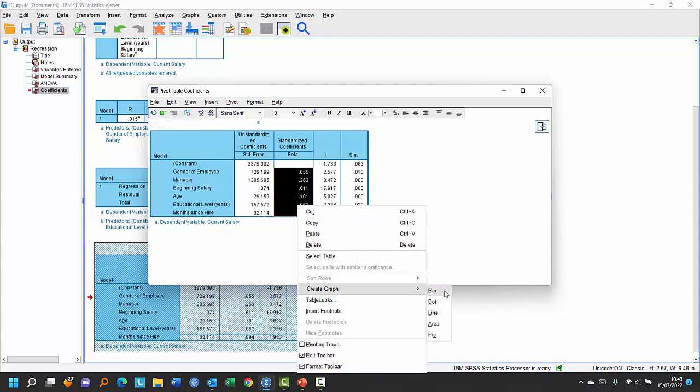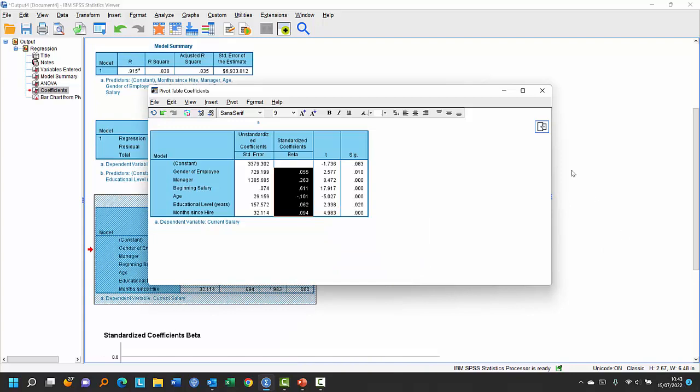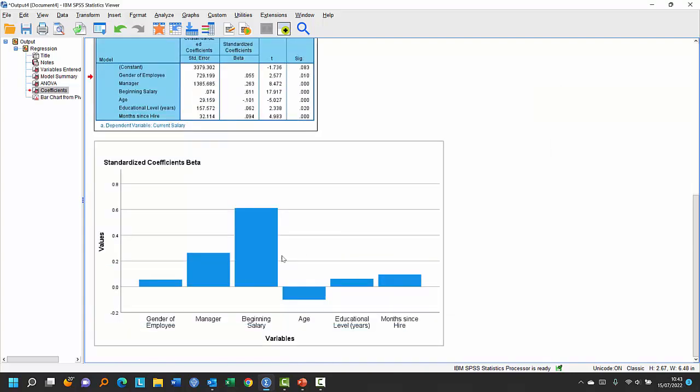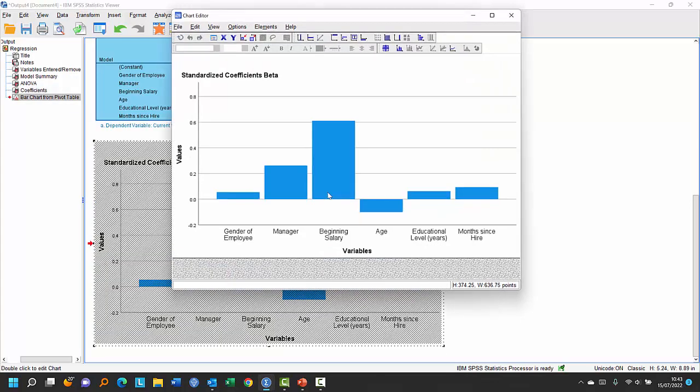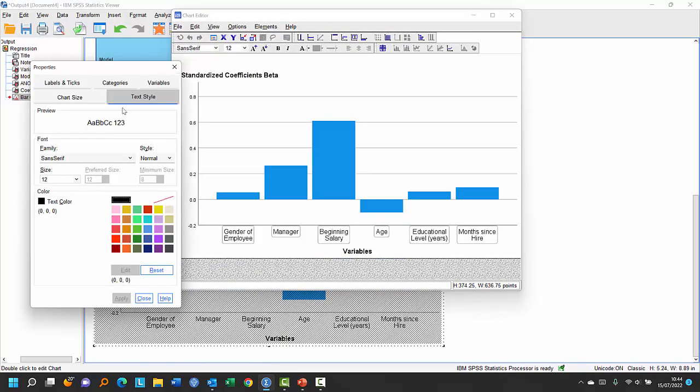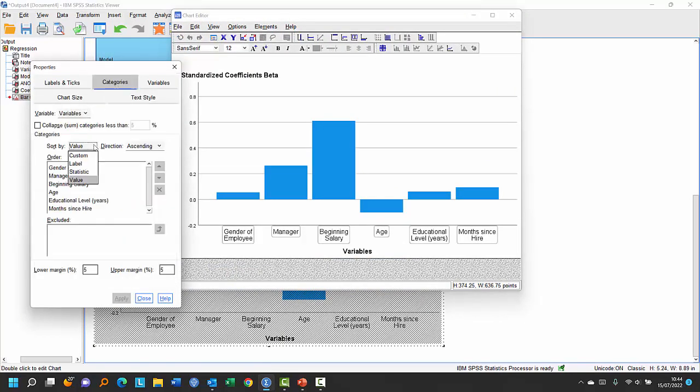I'm going to ask it to represent it as a bar chart. We click a bar chart. Here is the output that's generated. There it is. So you can see each of these coefficients are represented as bar charts. I'm now going to double click on it. And I'm just going to click on the categories along the bottom here. And I'm actually going to sort the categories in descending order of the statistic itself,